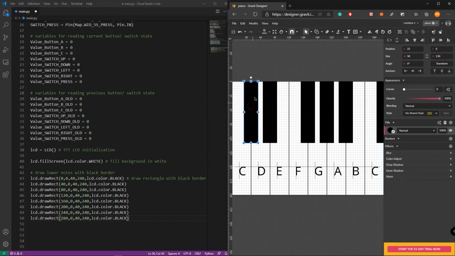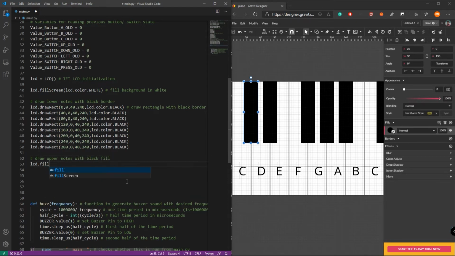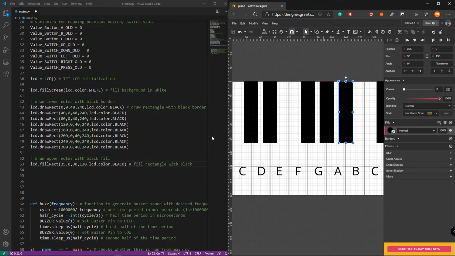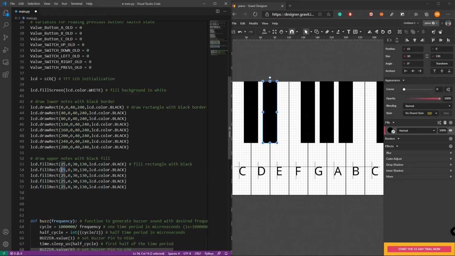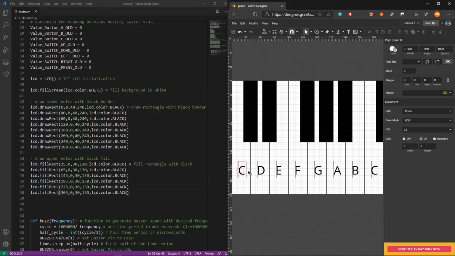Now let's draw these black color fill rectangles. And repeat the same for the rest of the colored rectangles. After that, let's draw these note labels.